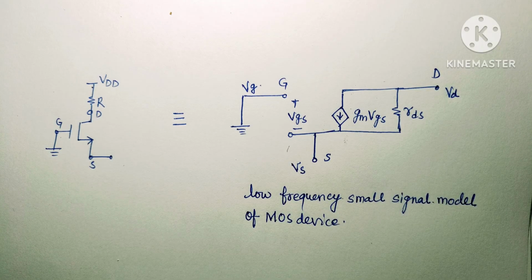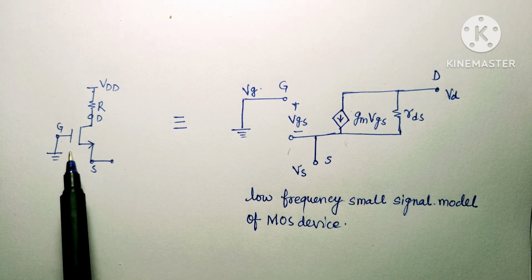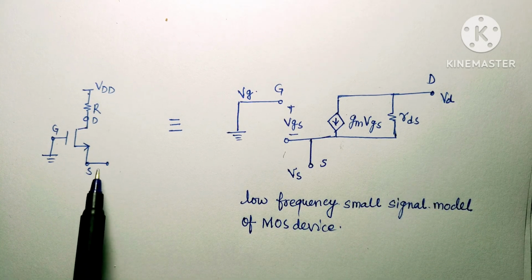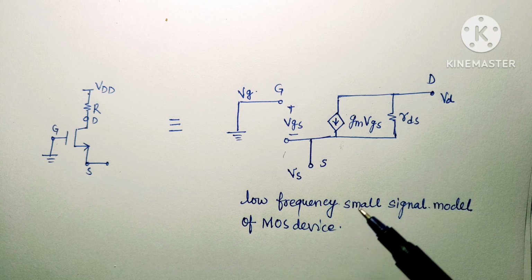First of all, let us see how we can convert a MOS device into a low frequency small signal model. As we know that MOS device is a two-port network. Here we can see that this is the input port and this is the output port of the MOS device. Now if we convert this MOS device into low frequency small signal equivalent circuit, then we can see that